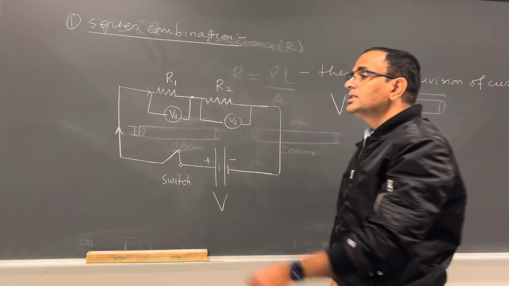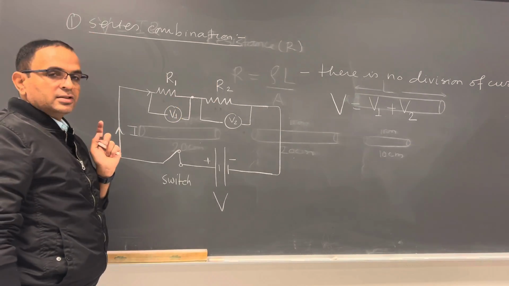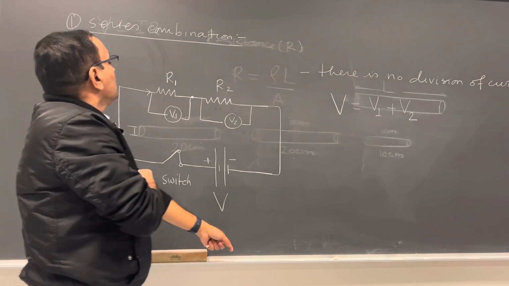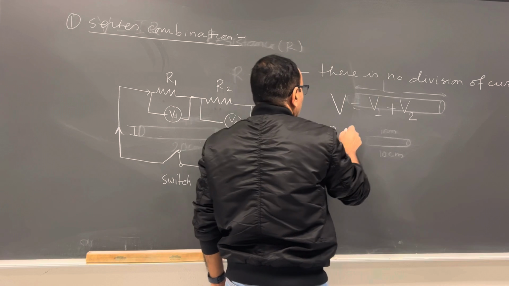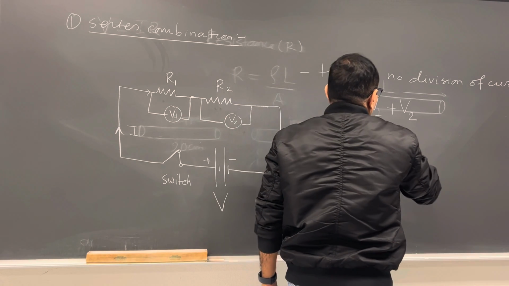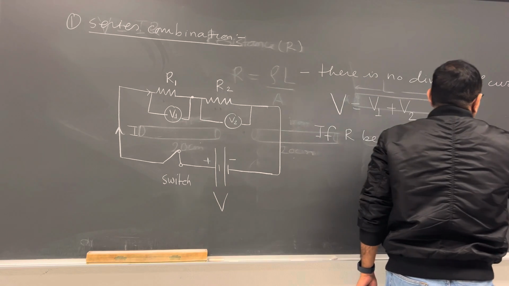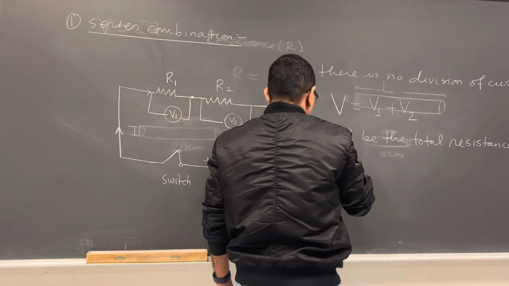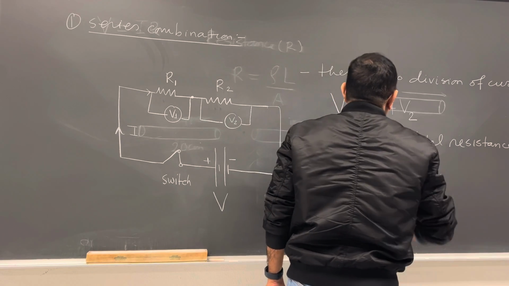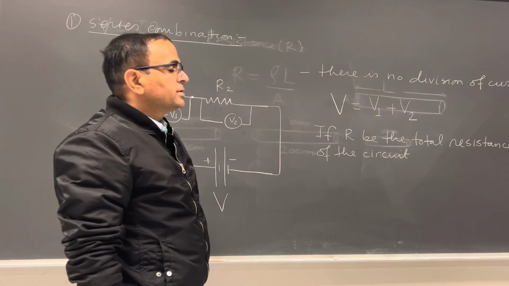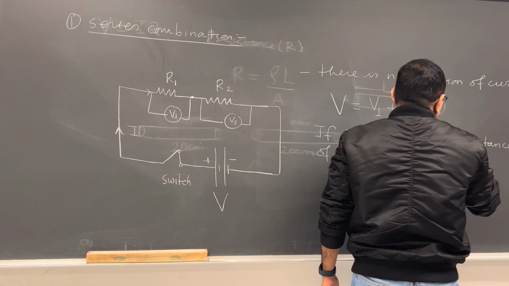In this series combination, the same current is passing through each resistor. If R is the total resistance of the circuit, and let us suppose I is the total current,